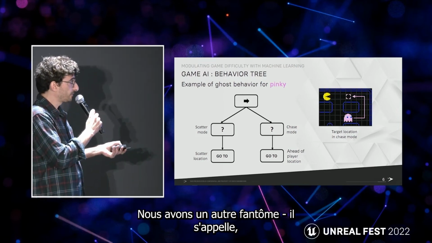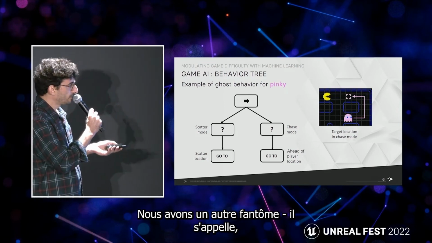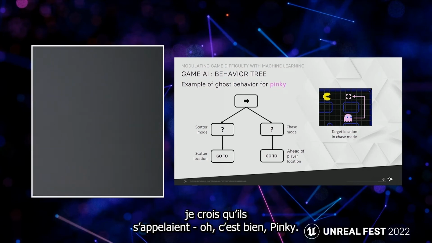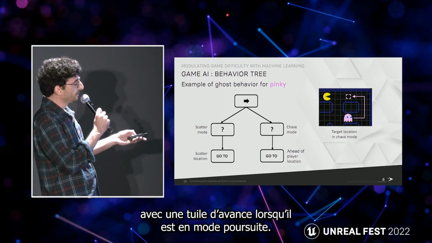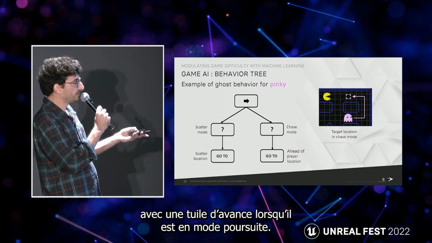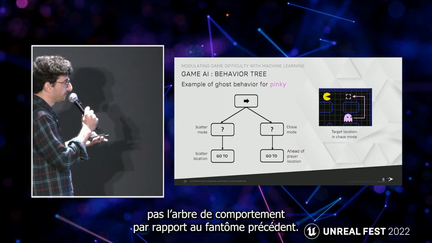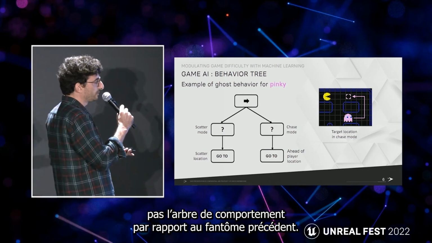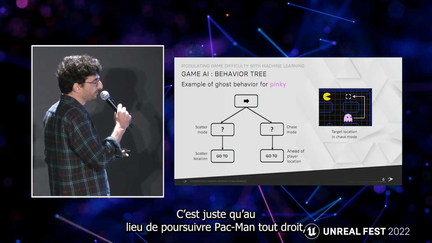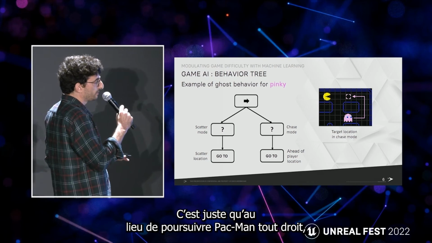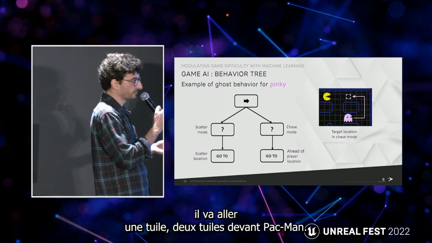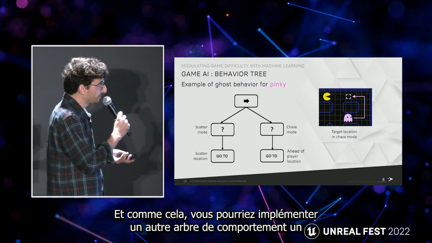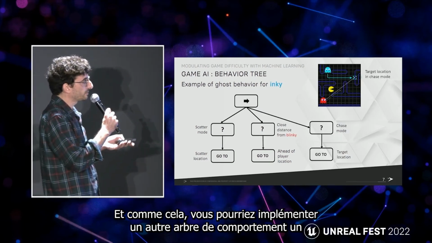We have another ghost, Pinky. Pinky is going to be always chasing past Pac-Man, one tile ahead, when he's in chase mode. So we don't change much the behavior tree with respect to the previous ghost. It's just that instead of chasing Pac-Man straight ahead, it's going to go one tile, two tiles ahead of Pac-Man. And like that, you could implement another behavior tree, a slightly more